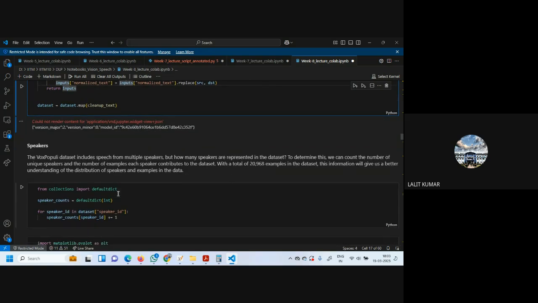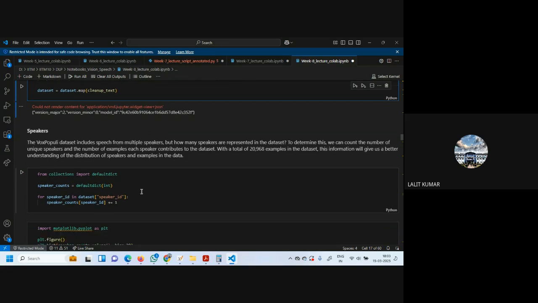Now the dataset has speech from multiple speakers, but how many speakers are represented in the dataset? For that, we have to count the number of unique speakers. In that, we are using defaultdict, making speaker counts a defaultdict, and then looping over speaker ID in dataset speaker ID.